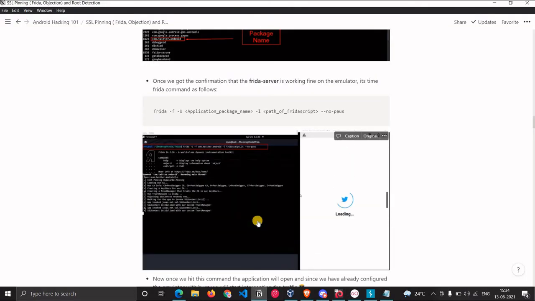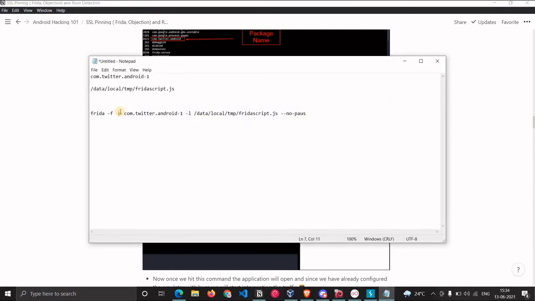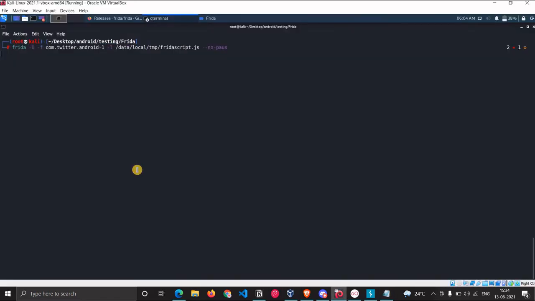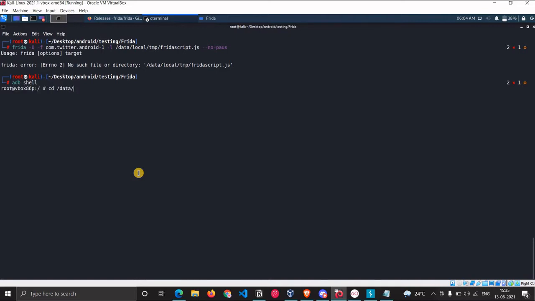Okay, what do I get? Okay, I think this comes first and then the file name. That is why I was getting this error. Directory. Just let me check whether it is there. We have pushed it to data local temp.